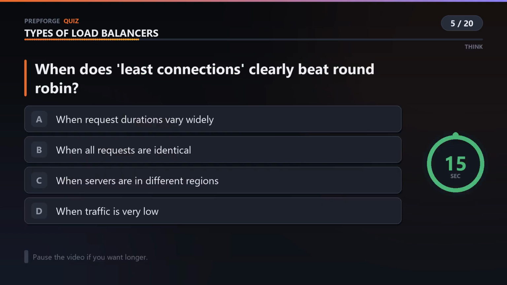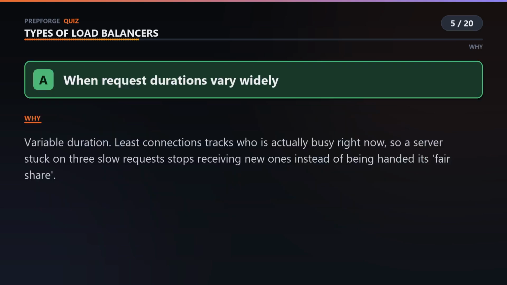When does least connections clearly beat round robin? When request durations vary a lot, which is most real systems.